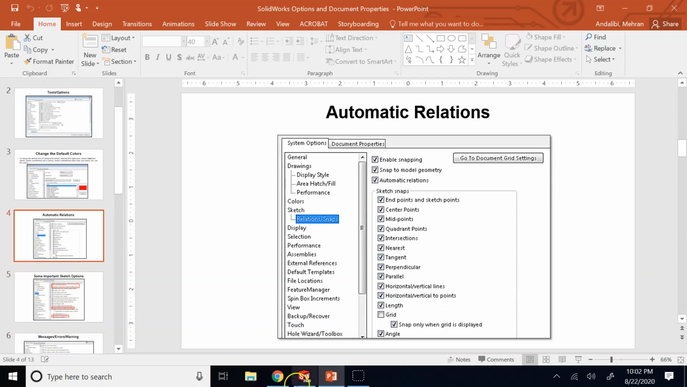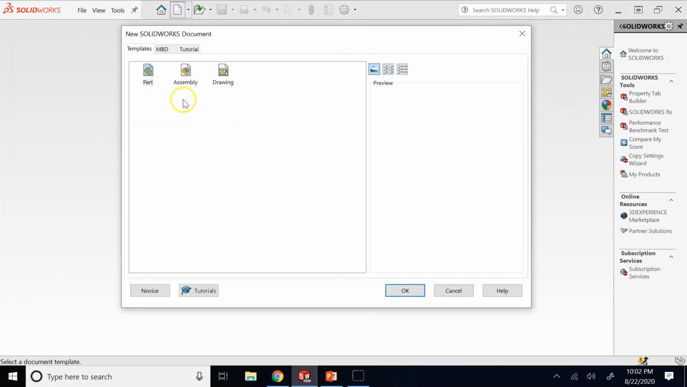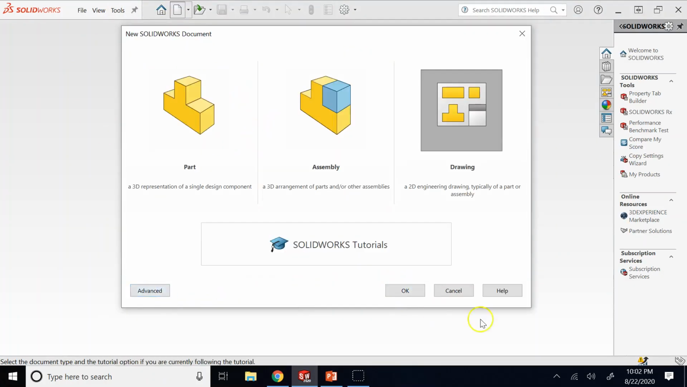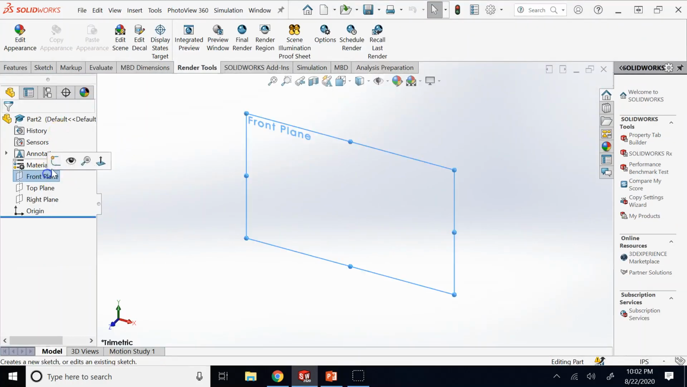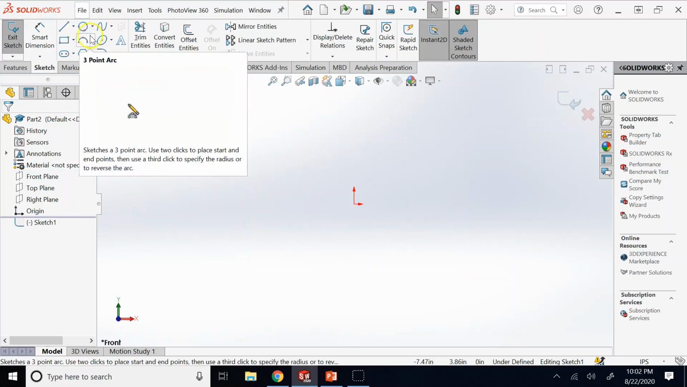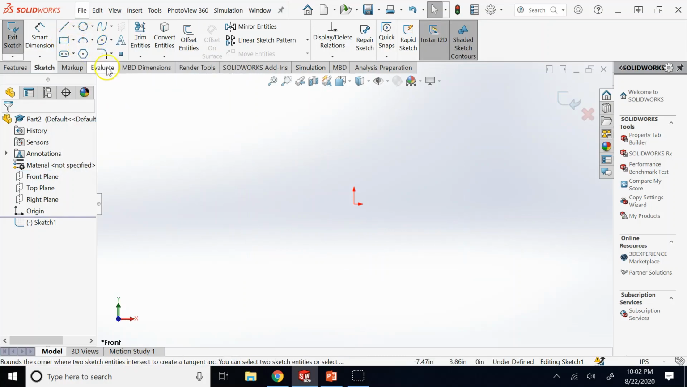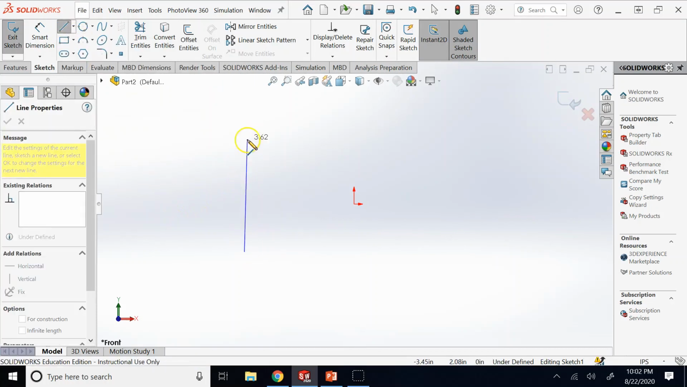Okay, so for example, let me start something from scratch here. I go and create a part, and say I go to front plane and I want to draw some sketch. So here, if I draw a line, as soon as I make the line vertical, as you can see here,